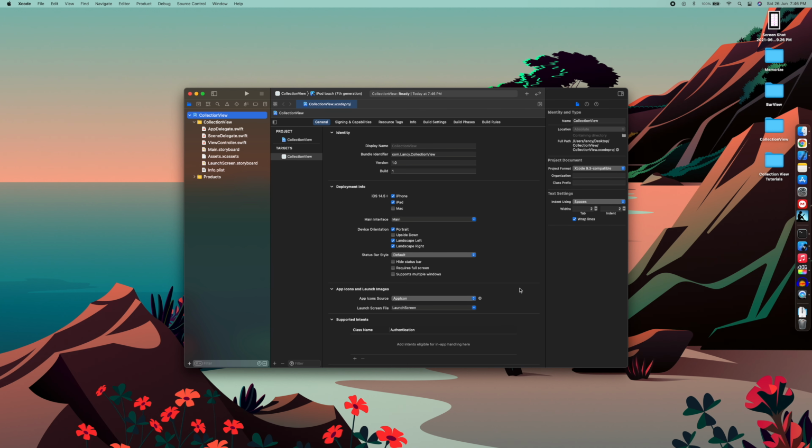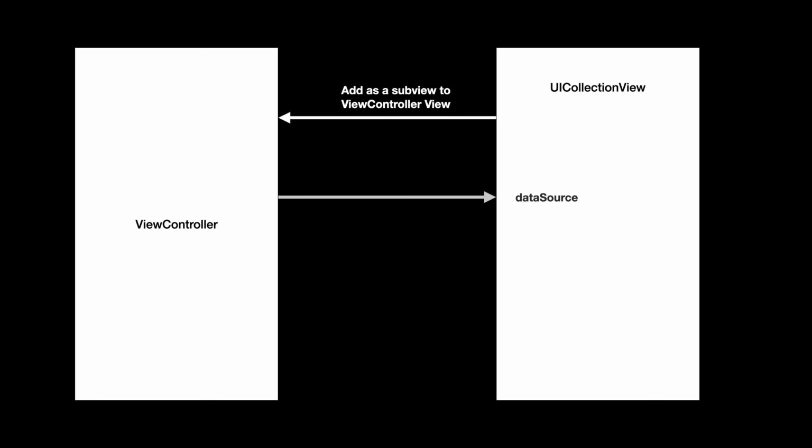Before jumping into the code, let's visualize how we are going to achieve the table UI. While creating an empty application, the view controller view is already added into the screen. So we need to create a new instance of UI collection view and add it into the view controller's view. To display the data, we need to set the data source in the collection view as view controller so that the view controller can provide the data that is needed to display. Also, the view controller needs to set the collection view flow layout so that the UI will look like a table.